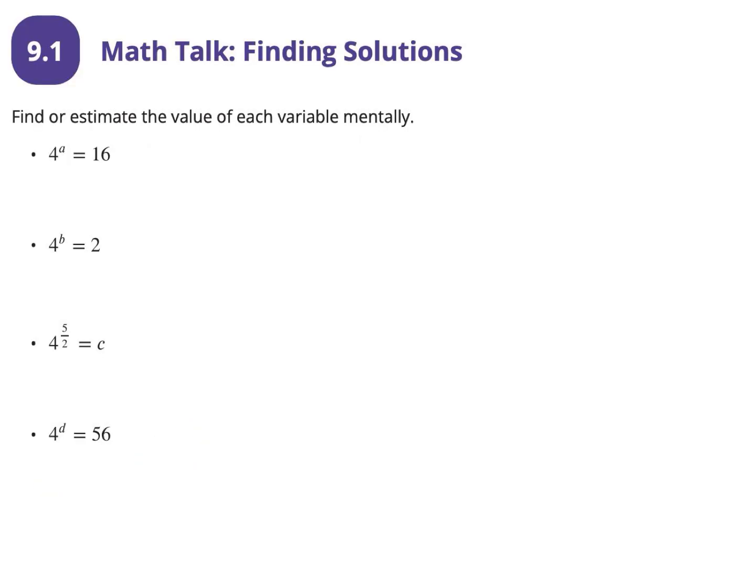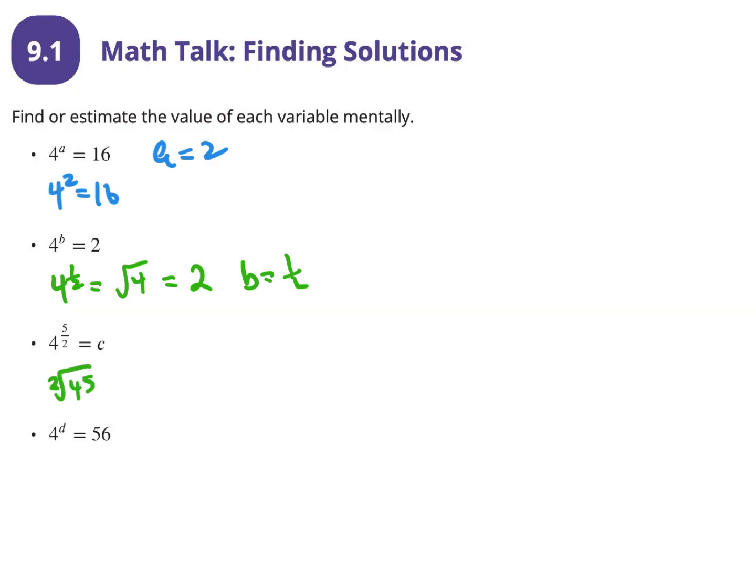Okay, let's solve these. We know that 4 squared equals 16, so A has to equal 2. B, 4 to the 1/2, or the square root of 4, equals 2. So B is 1/2. Now 4 to the 5/2, the square root of 4 to the 5th, or rather, which is easier to calculate, 2 to the 5th, which is 32,